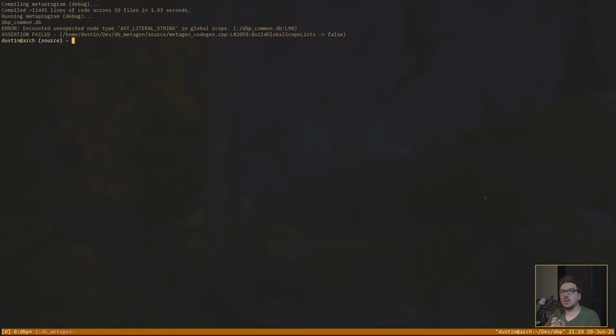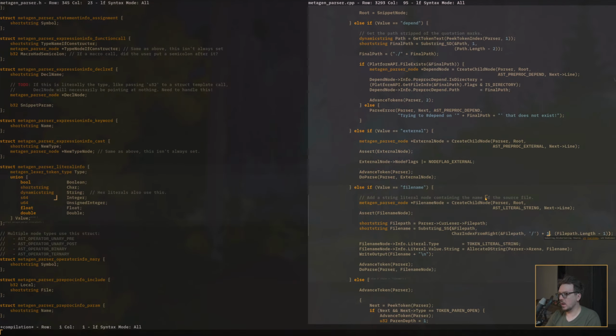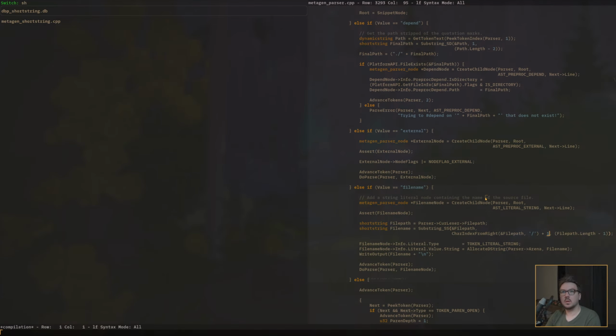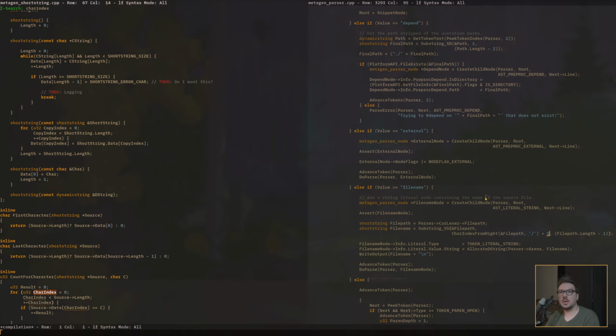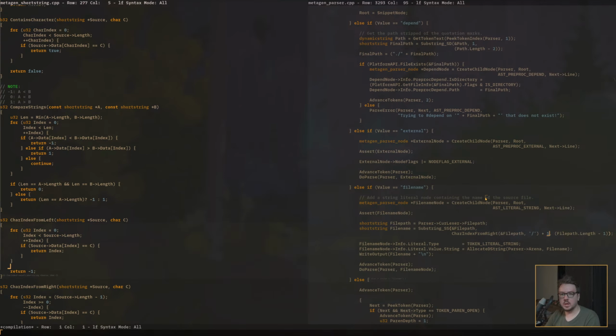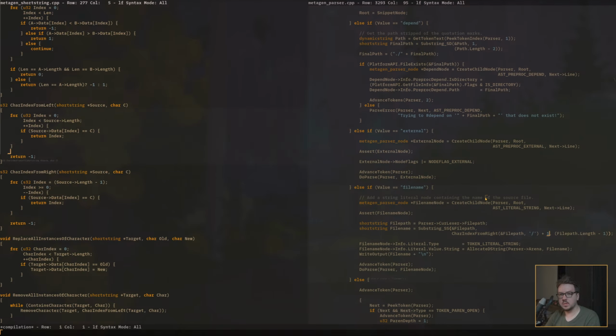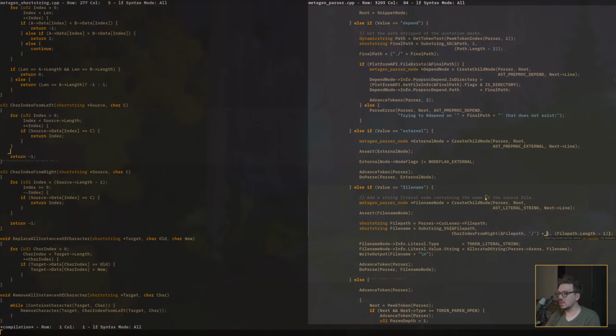Oh, but what if there is no slash in it? What happens then? Char index from right. So normally, char index from left. Oh, it returns a -1. Never mind. I thought it returned like the beginning of the string, which it doesn't. So